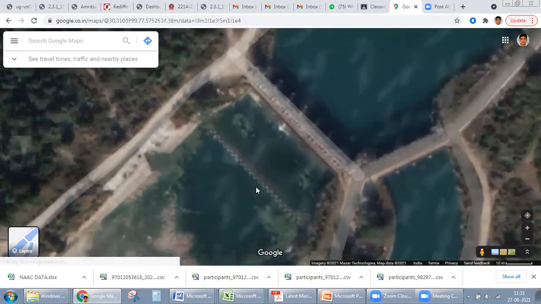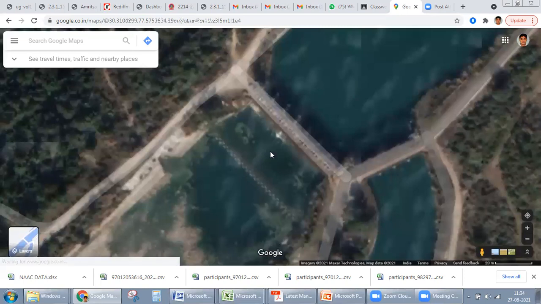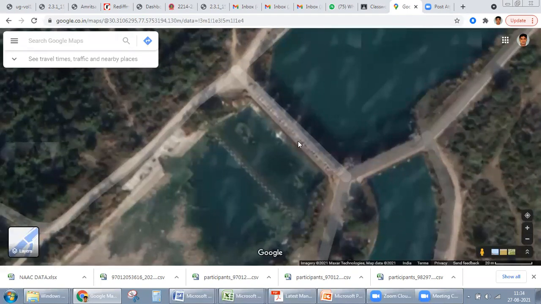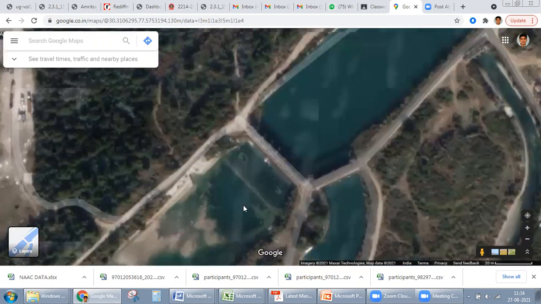So these are friction blocks when the water is released onto the downstream side through these gates, because the water level on this side is higher and on this side it is lower. So it will have a high pressure movement on this side. So a lot of turbulence will be there. So it should not erode out the bed or the banks. So that's why we need to provide some friction devices over here.